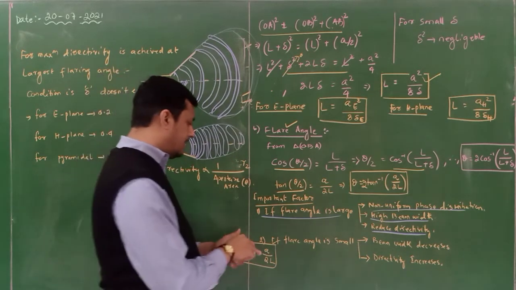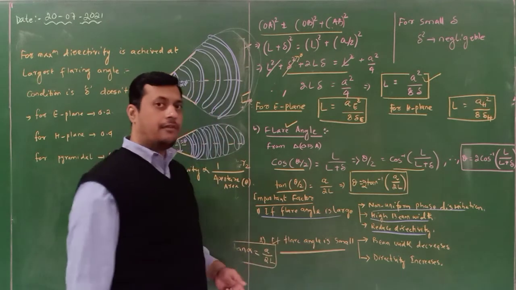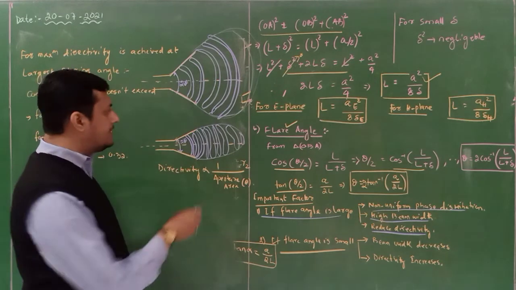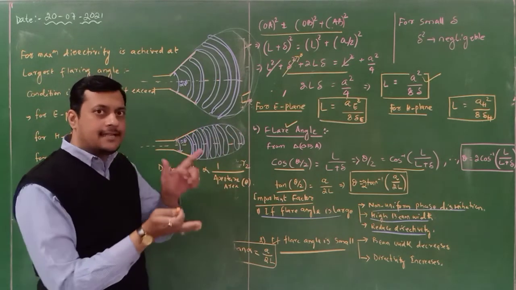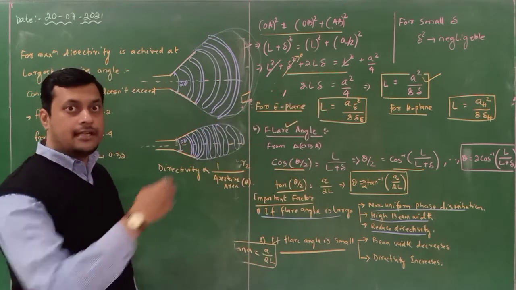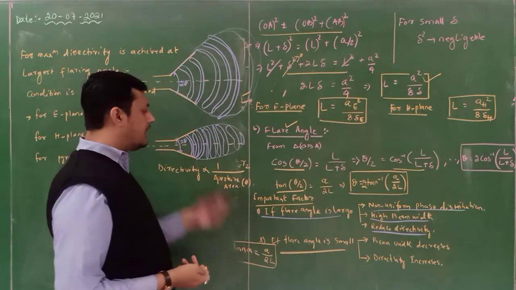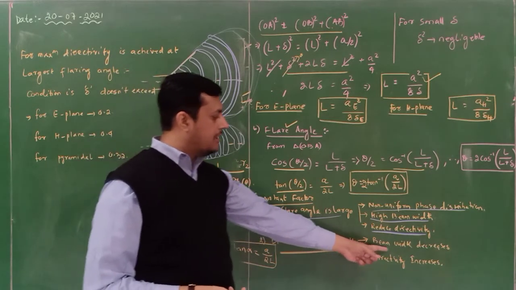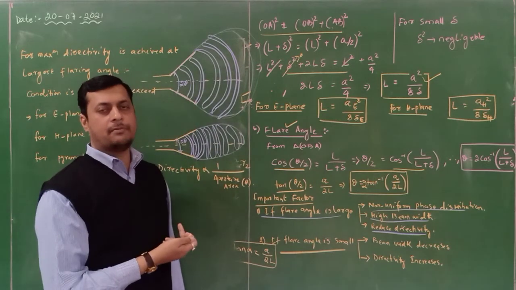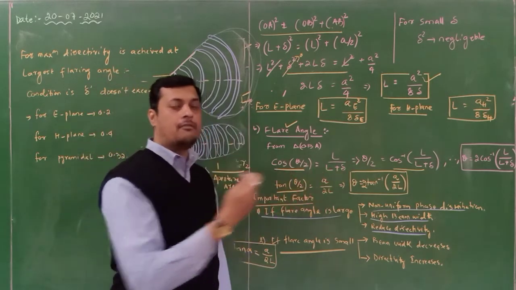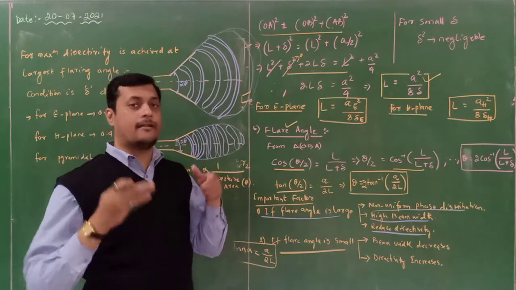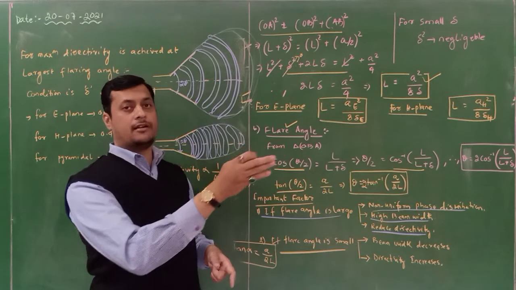Okay. Now in the same platform, if my flaring angle is small, now you can see the beam width is less. If the beam width is less, the directivity will increase. Beam width will decrease and directivity will increase, due to which I can use this particular device for a particular direction communication. Means in one direction I can transmit the signal with a higher